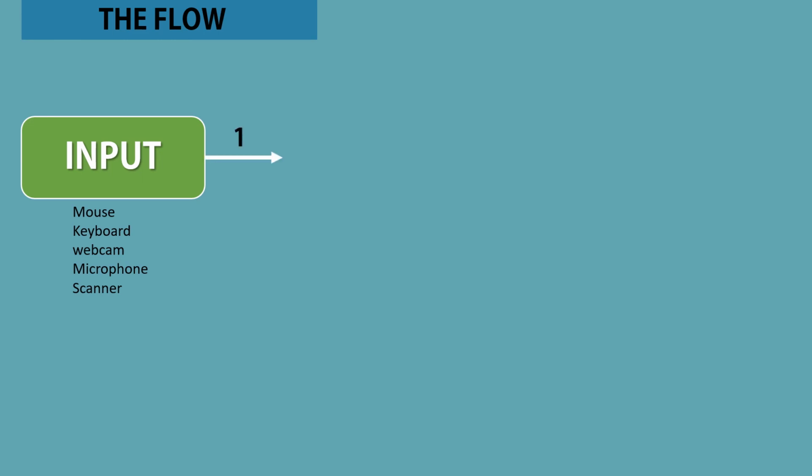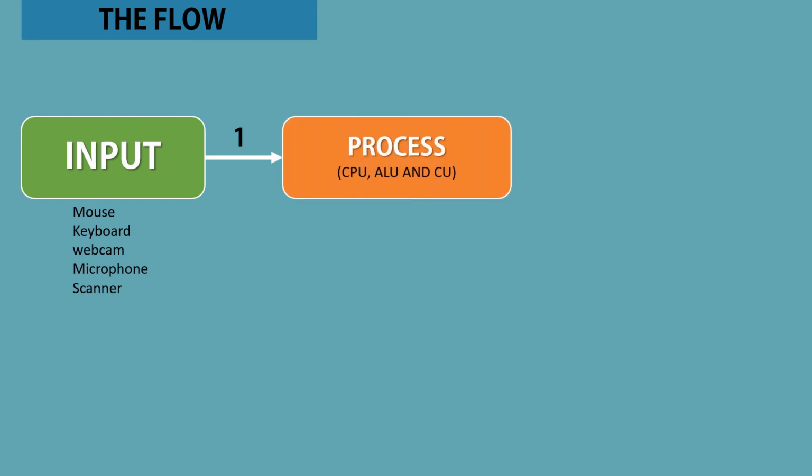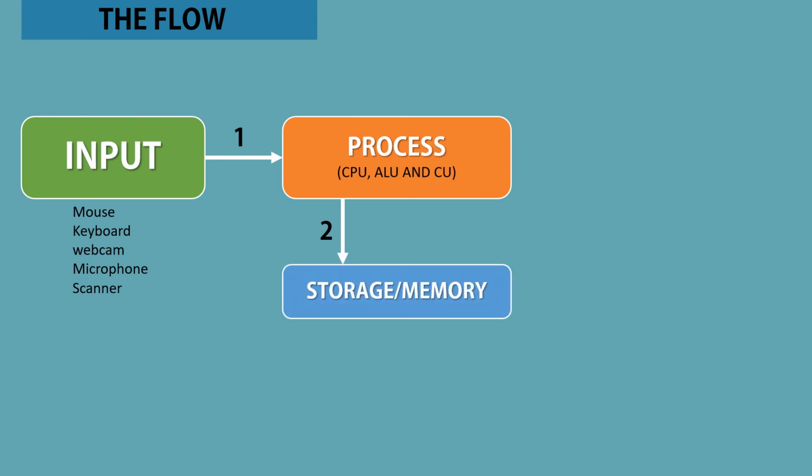The first flow is the input device converts all raw data into machine readable form and sends that to the CPU, which processes the entire data. The CPU includes the arithmetic logic unit and the control unit. Second, the CPU will give a signal to the storage about the data given by the input unit. It sends the data to the storage memory, and the storage memory will retrieve the data from